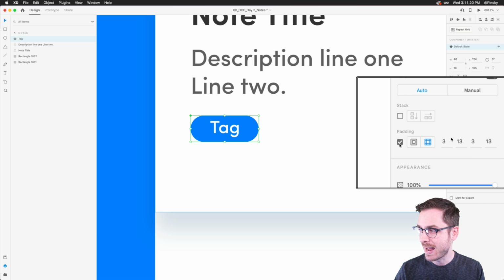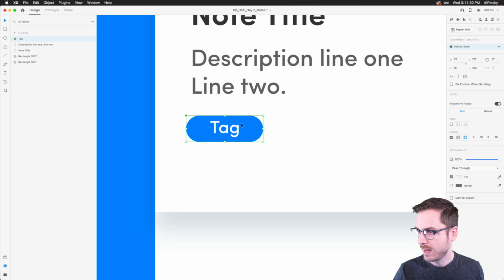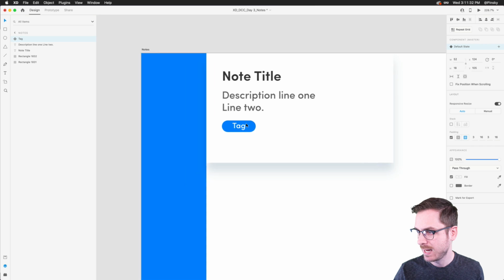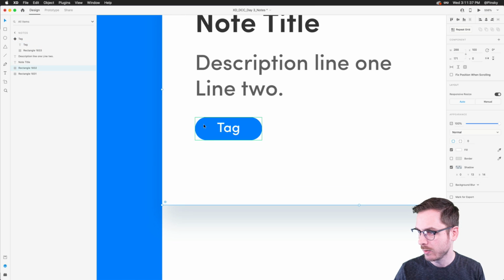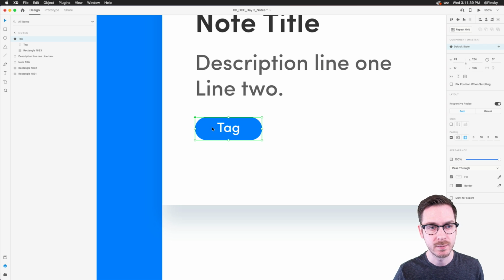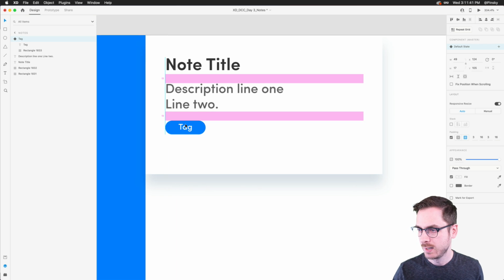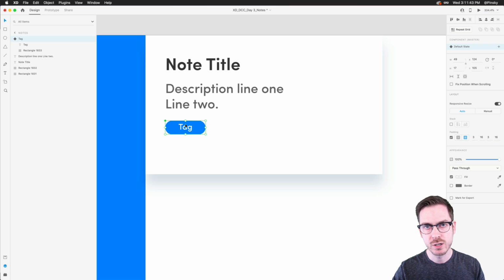So I'm going to turn on padding. It's going to automatically determine what the padding is. And I can go in here if I wanted to and maybe make this, let's say 16 pixels on either side. That looks pretty good. And now I have my first tag. You know what? I'm going to make the text a little bit smaller. And there we go. The padding rearranges really nicely. Fancy. All right. Now, what we can do, we can really start to utilize stacks.